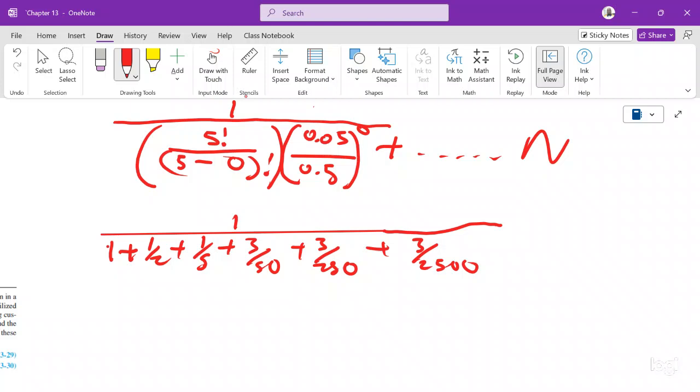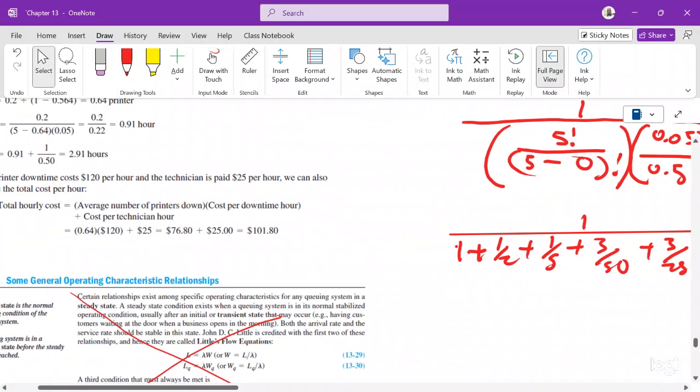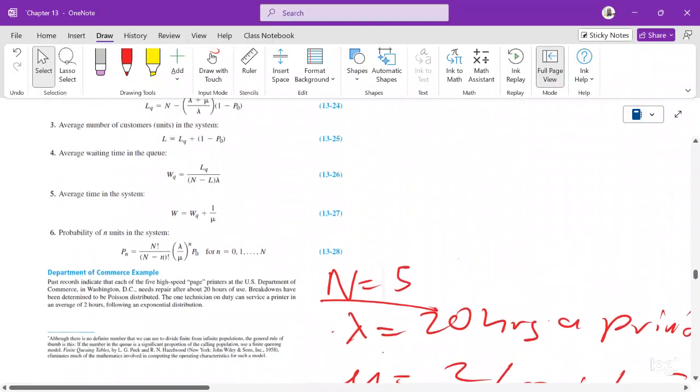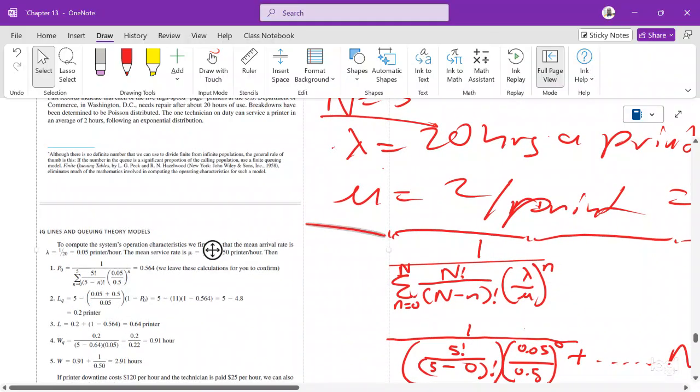Then go straight to your calculator, apply the formula number 2. 5 minus 0.05 plus 0.5 over 0.05, okay, then 1 minus 0.564, and then the answer is 0.204. Okay, moving right along, we have